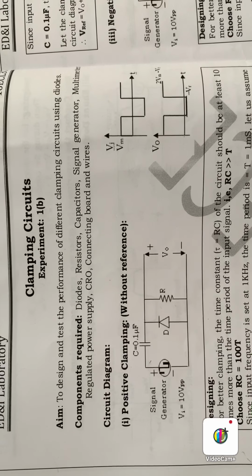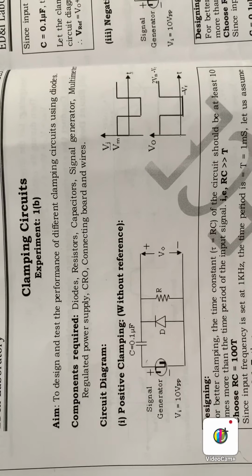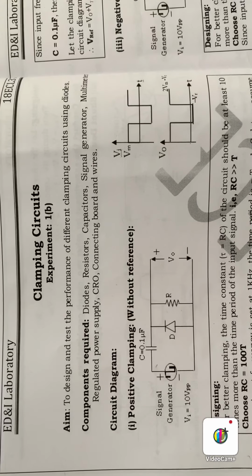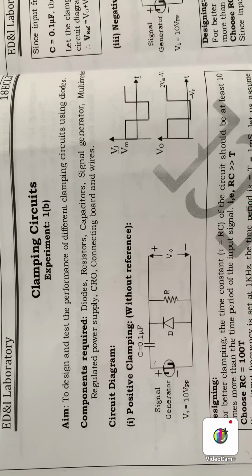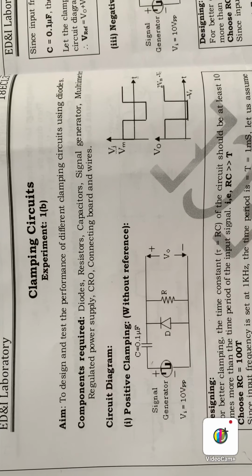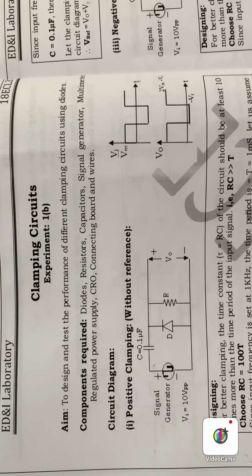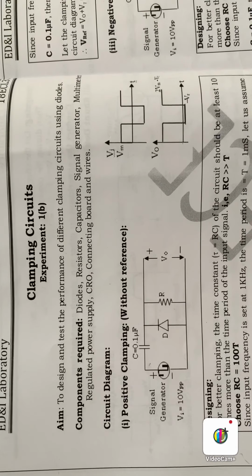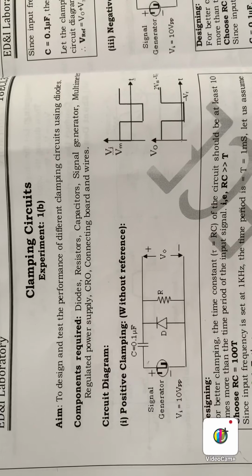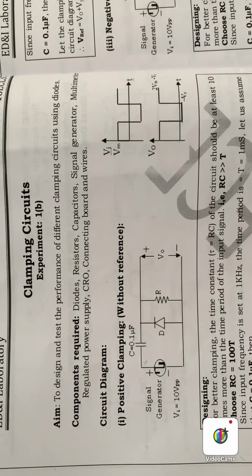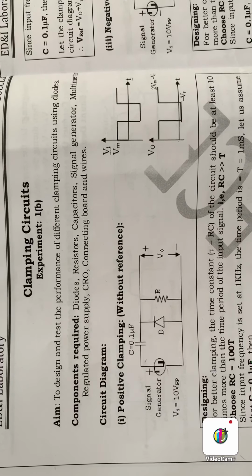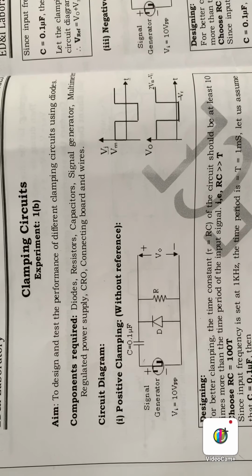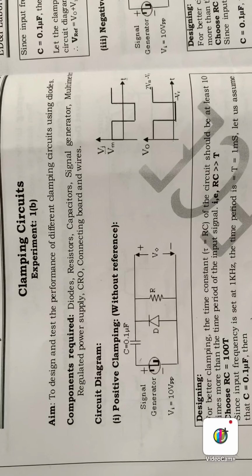Okay. If a clamping circuit changes the DC level of the signal towards the positive side, then it is called a positive clamping circuit. If the clamping circuit changes the DC level of the signal towards the negative side, then it is called a negative clamping circuit. In detail, to maintain this waveform, the time period must be maintained by keeping the value of tau greater than half of the time period.